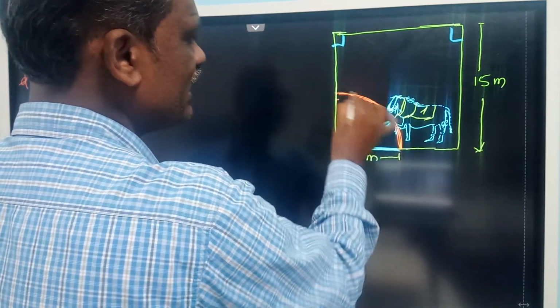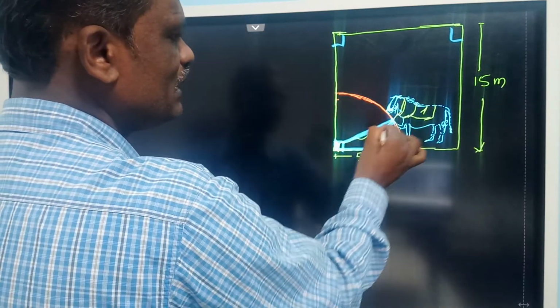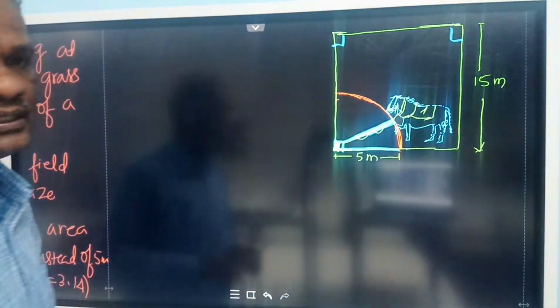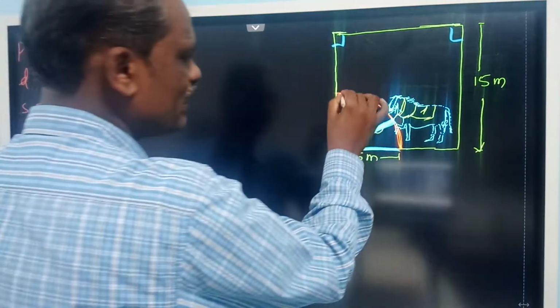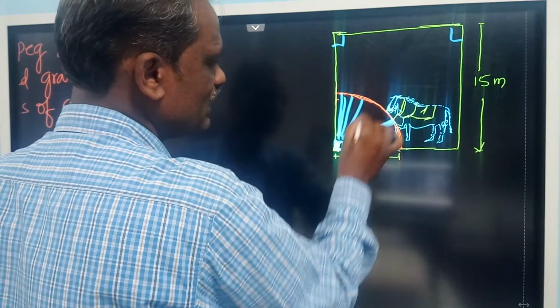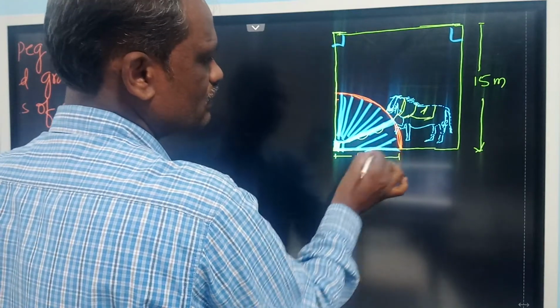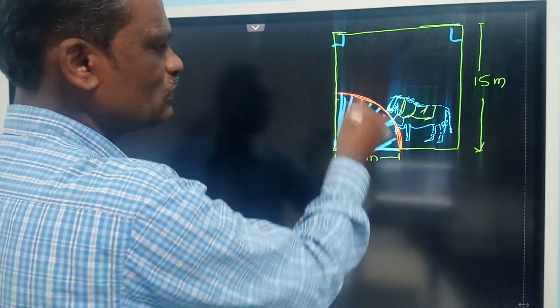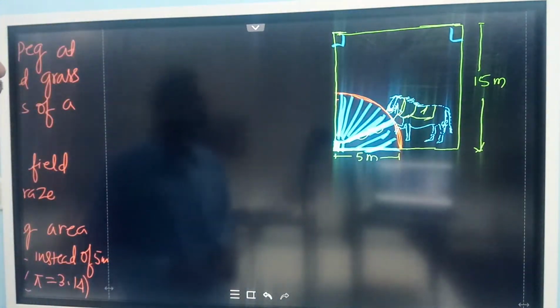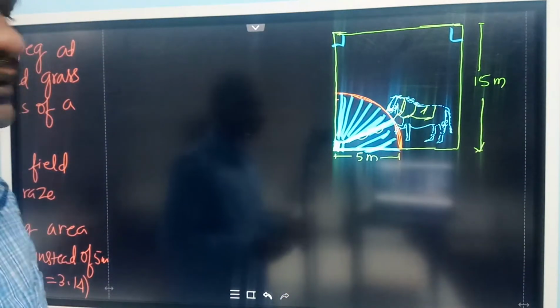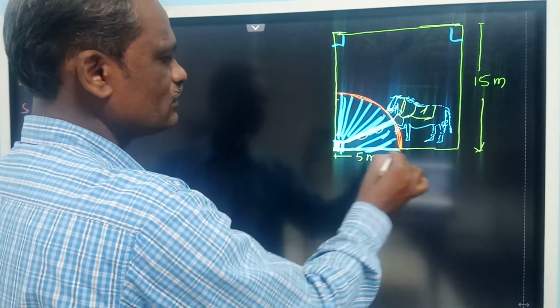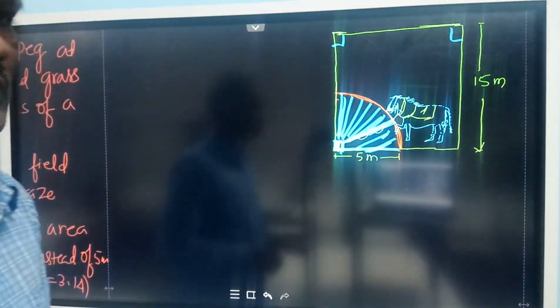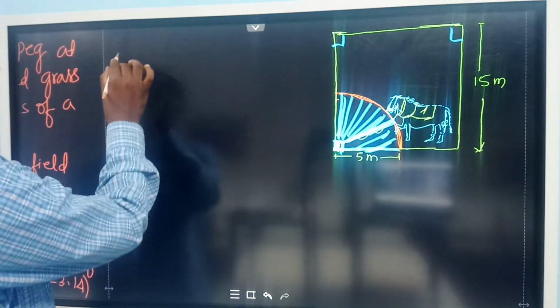So the horse can graze only this much area because it is tied with a 5 meter rope. It cannot go beyond this. So it will be a sector looking like a quadrant of a circle. This is 90 degree. So radius 5 meter. It's a quadrant. So that means the area it can graze